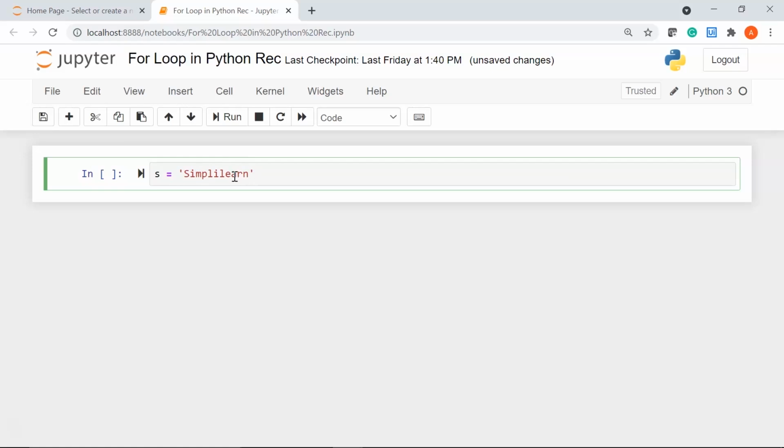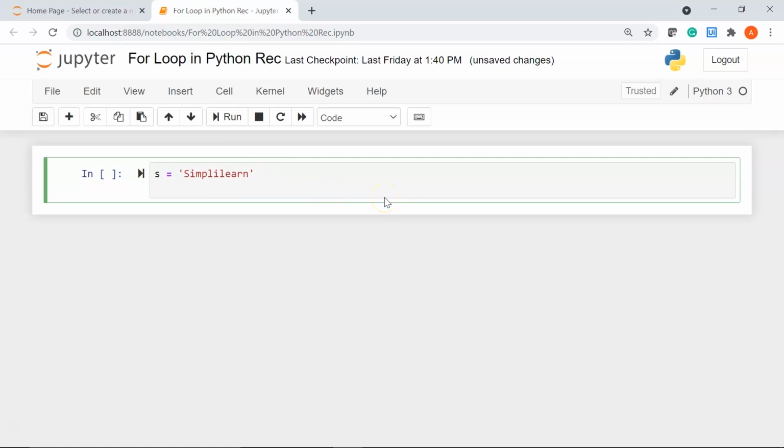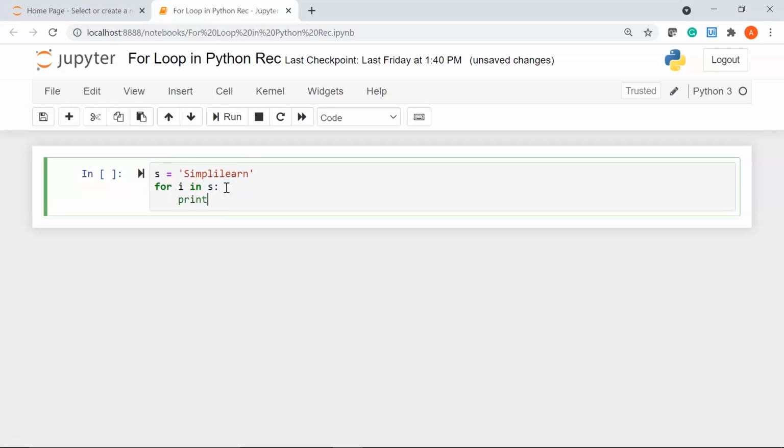Okay, now the way to write a for loop is I'll say for i, which is my iterator variable. It can be any valid variable name in Python, in my variable that is s. So here s becomes my sequence. I'll say print i.